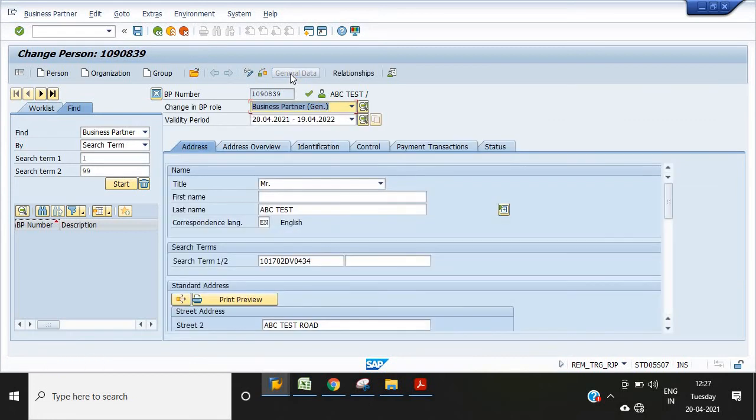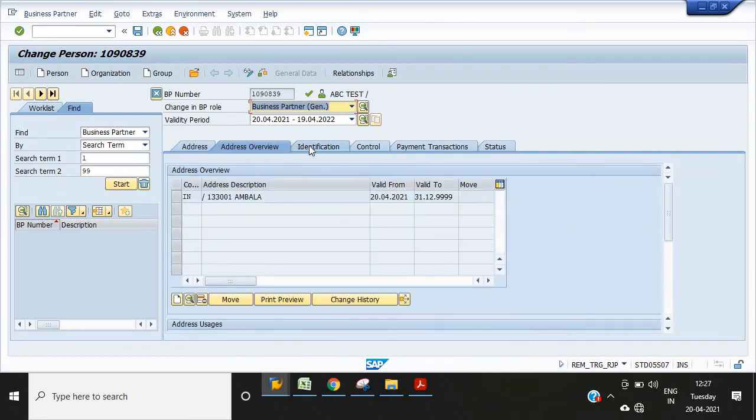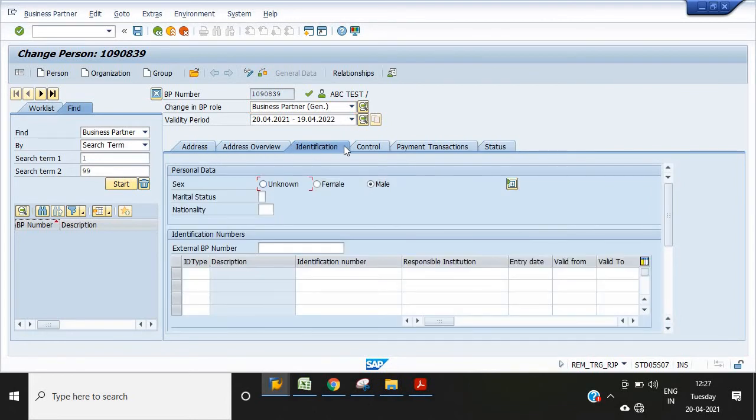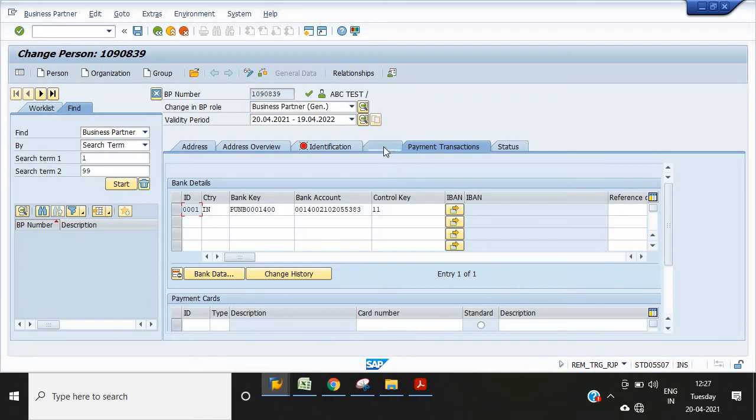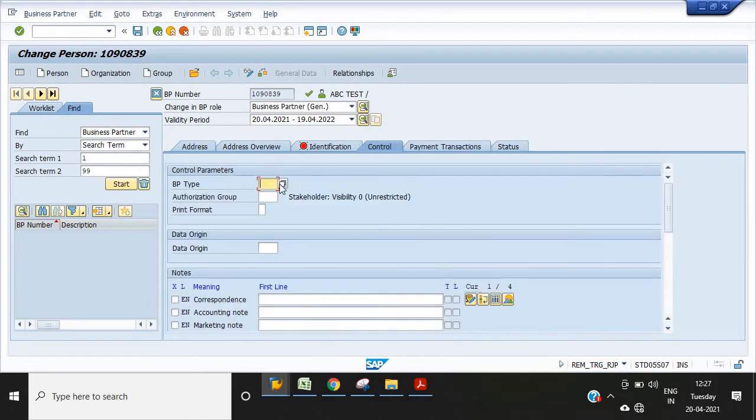Here, click on the general data. This is the address view, and identification, control, payment transaction, and BP type.